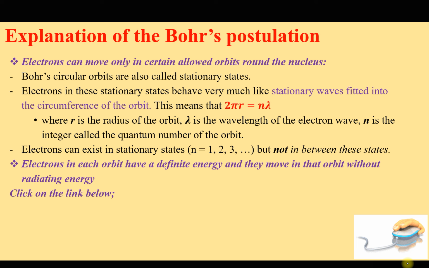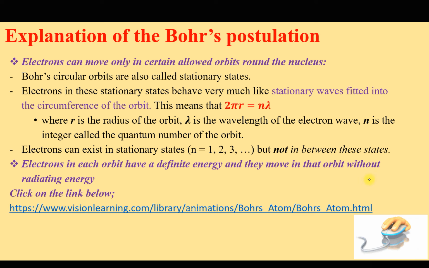So a free electron at n equals infinity is the one which has zero electric potential energy. An electron must be given energy to reach infinity, and that electron will have maximum energy, which is going to be zero. That means between the nucleus and infinity, the electric potential energy is supposed to be negative, as we mentioned